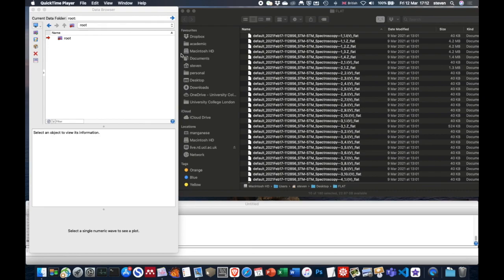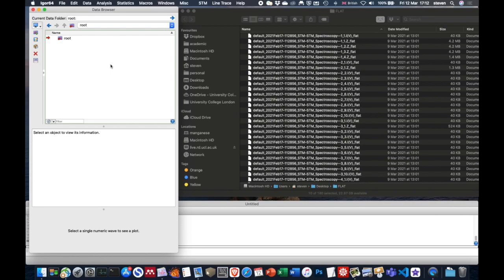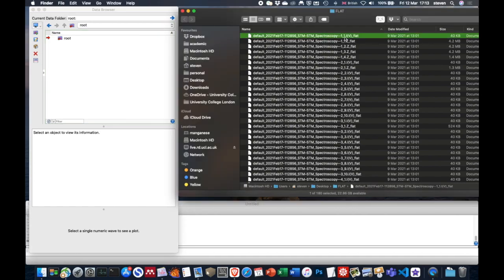Okay, so we're now in a position where we can do the analysis, and I'm going to look at the first, I guess, 51 traces. If you remember back to the video when we first did the point spectra, I took a single spectrum, that was this 1, 1 curve, and then I took 5 lots of 10 curves, and they were all sort of nominally over a clean part of the surface, although we didn't do that particularly carefully,